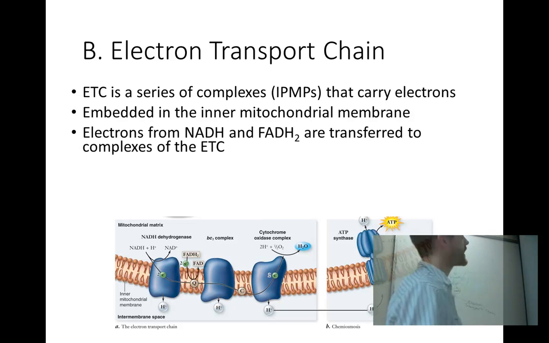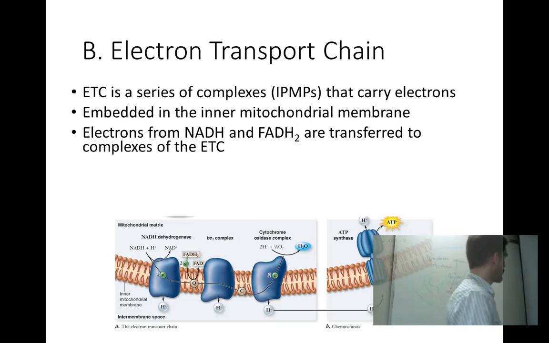And what happens is you take those NADH molecules and FADH2 molecules that we had before, and you oxidize them. You take away their hydrogens, their electrons, and their protons,